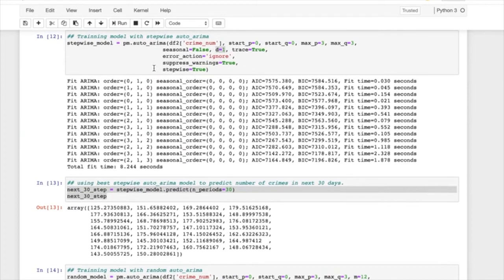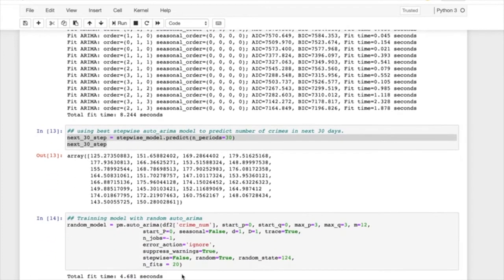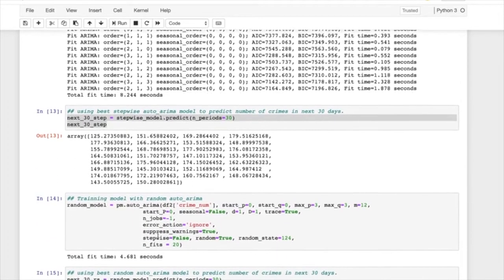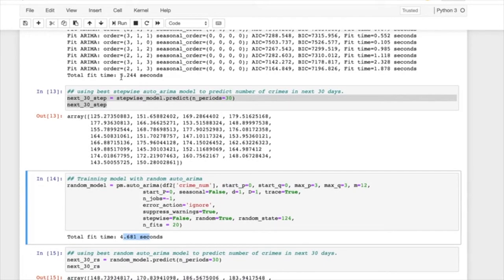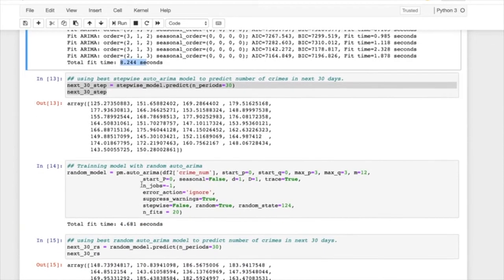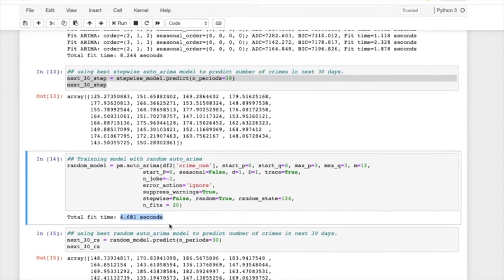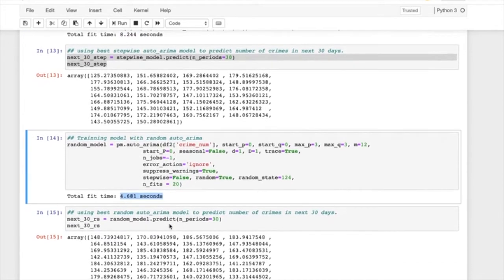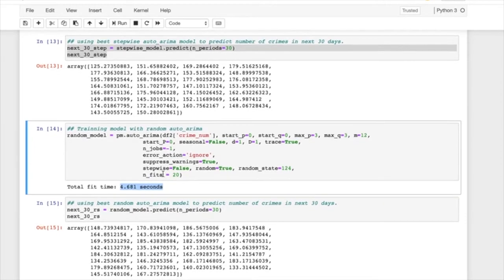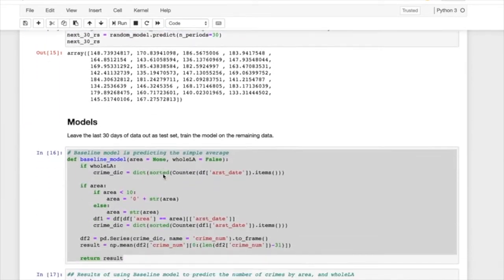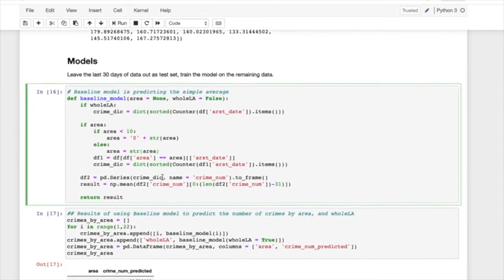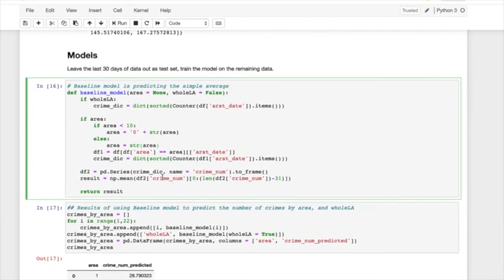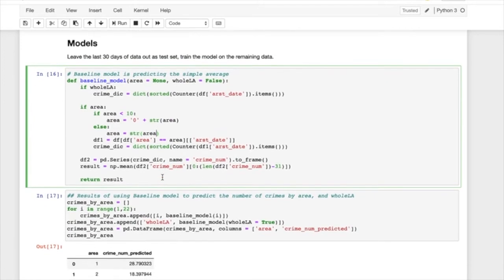It's pretty similar to auto ARIMA in R, which automatically tunes the parameters for you. There's no obviously better choice, so I just pick whatever is quicker. The random method, I think, is quicker than the stepwise method, so I will just use this method in my model later. And for the model part, the baseline model of our data is just going to predict the sample average. Here,